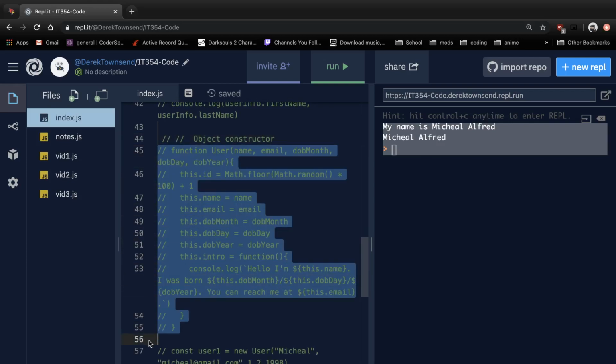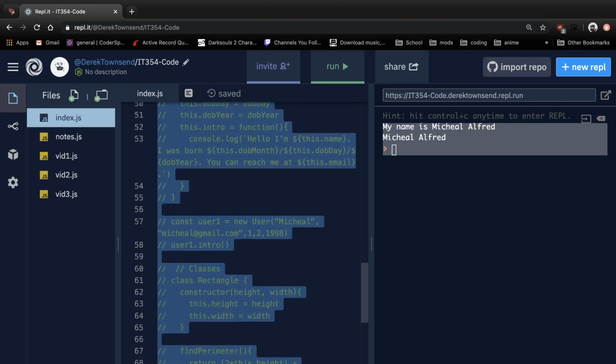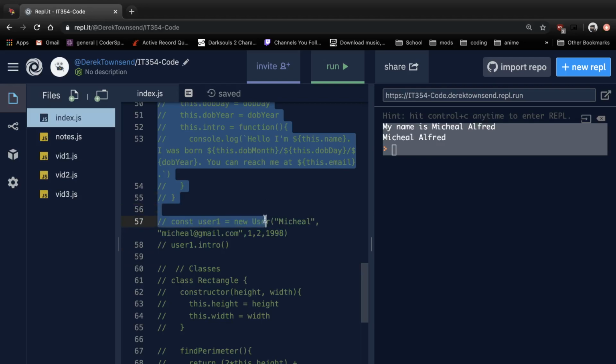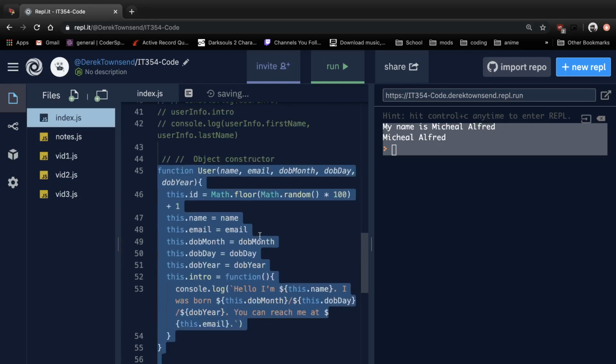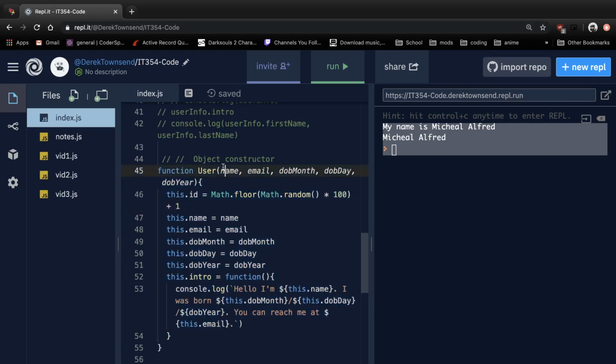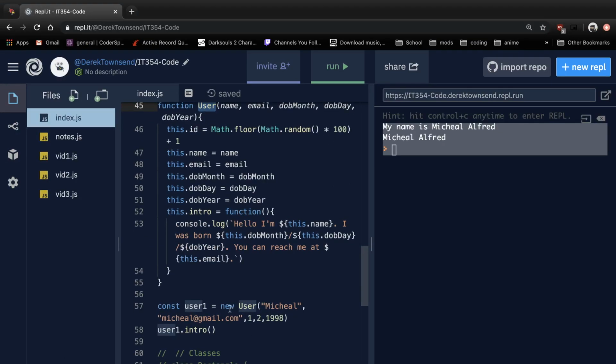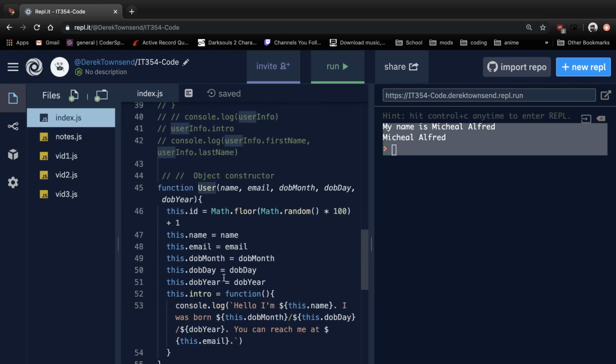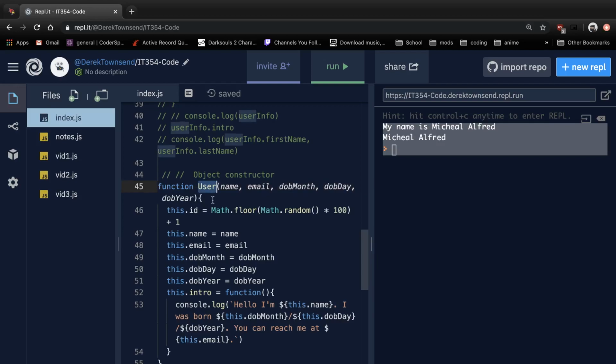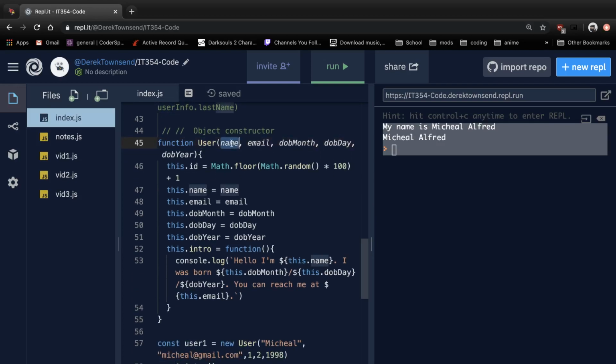Now we have object constructors, which hint at the underlying JavaScript behind classes. It's essentially just a constructor that you would see in other languages, but you're building it as an object. So we have the function user, and instead of doing new Object, we would do new and the function name, which in this case is user, because that's the object we are creating this time. It takes a name, email, date of birth month, date of birth day, date of birth year,